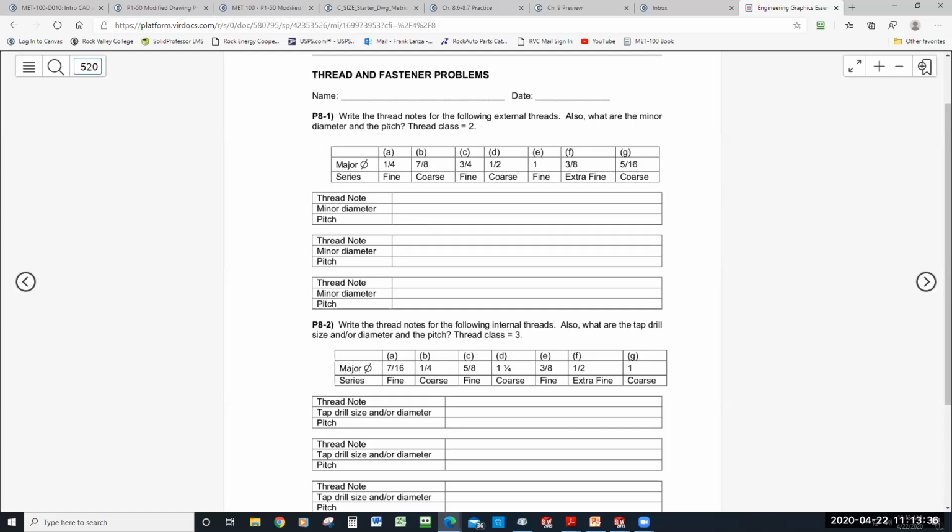So write the thread notes for the following external threads. Also, what are the minor diameter and the pitch? Thread class is 2, so we don't necessarily have to call that out. It doesn't say that any one of them is left hand, right? So we don't have to worry about that. But like this one says,